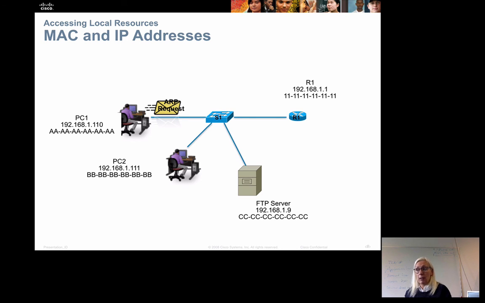So if I want to communicate with a computer in here, and I've never communicated with this device before, I actually don't know the IP or the MAC address of it. So my computer will send out an ARP request asking this IP address, what kind of MAC address corresponds to that, and it will be sent out as a broadcast to all the devices in the network in here, and then the device with the correct IP address will answer back, well, that's me, and then I get it, and my computer will put it into its ARP table, so the